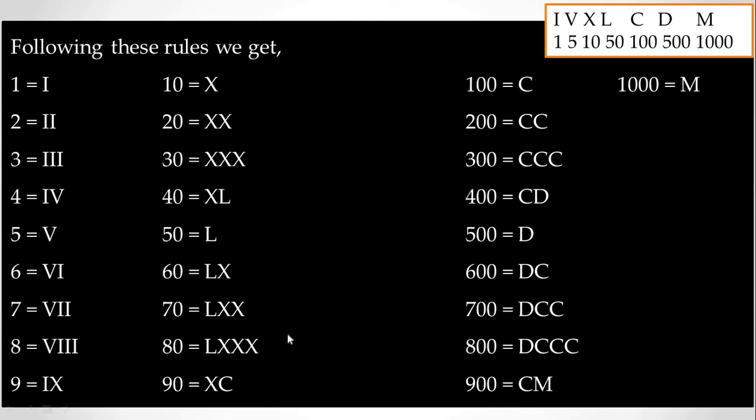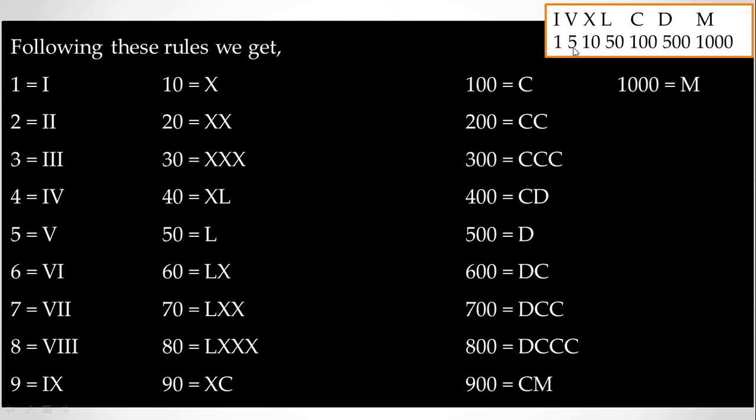So this is the table. It's very important for you. You have to memorize this. 1 to 10, you can easily remember. If you don't know, you should remember that. 1, 2, 3 means here I, II, III. IV means V is nothing but 5, so 5 minus 1 is 4. This is already for 5.